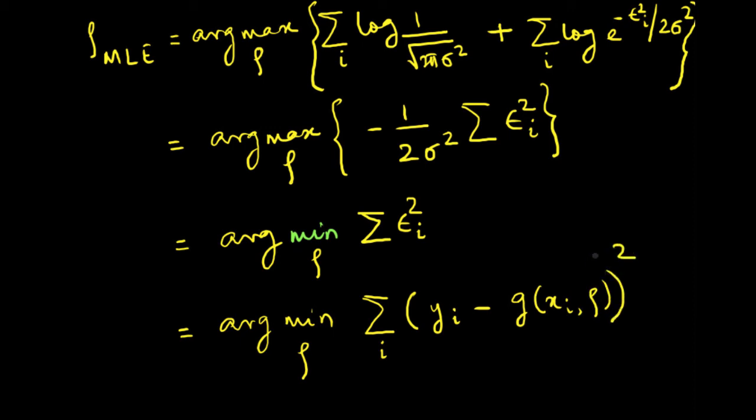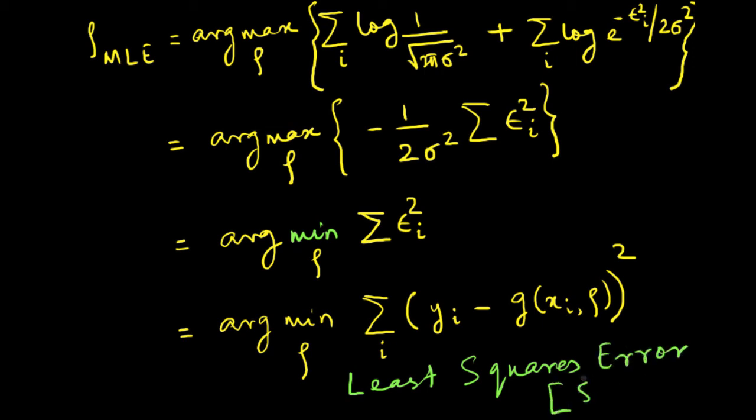So this is exactly what is known as the least squares error term, or in short it is referred to as the LSE, and this is exactly what curve fitting